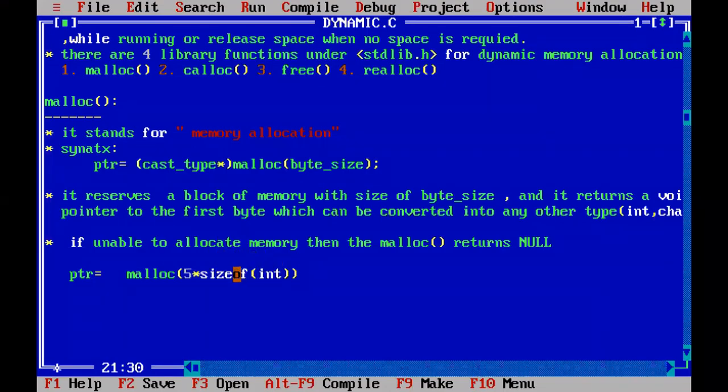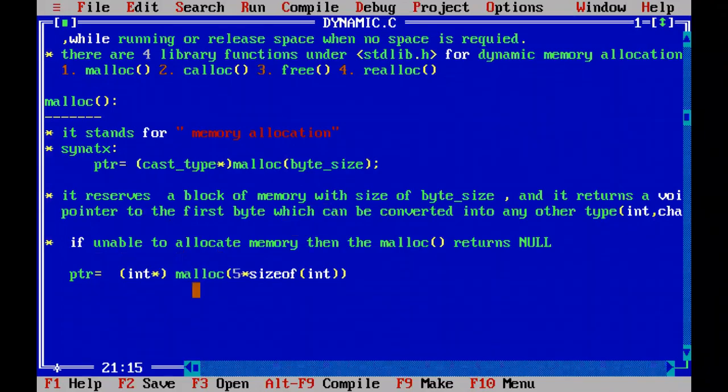If this computer is considering integer as 2 bytes, then those 2 bytes multiplied with this 5, totally 10 bytes of memory is created, and the void pointer to the first byte out of that 10 bytes is returned here, and that void pointer I am converting into integer type pointer.